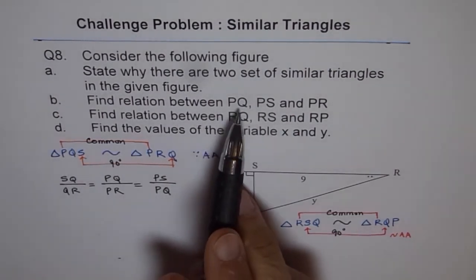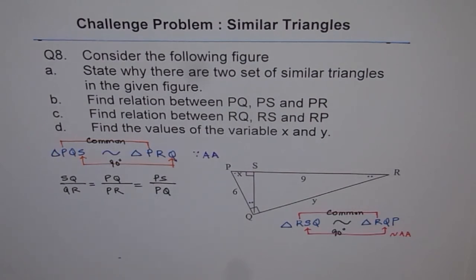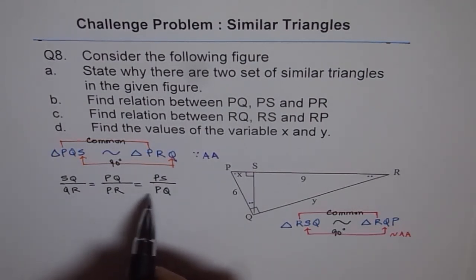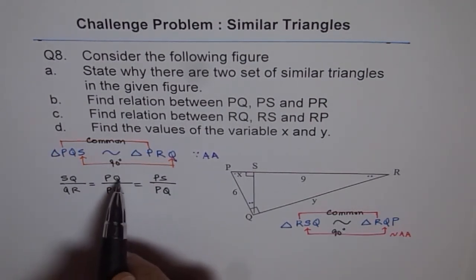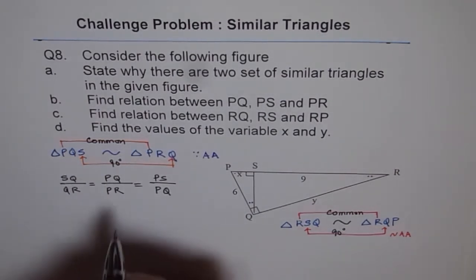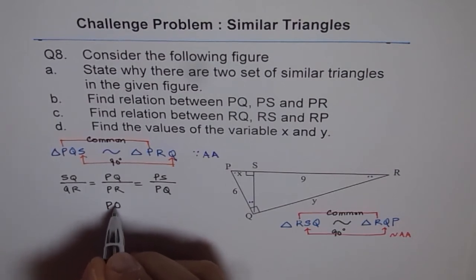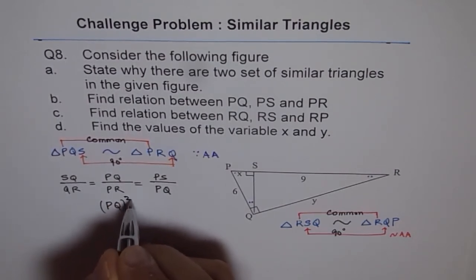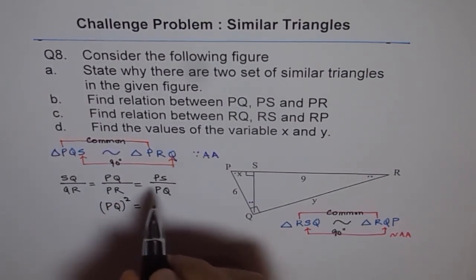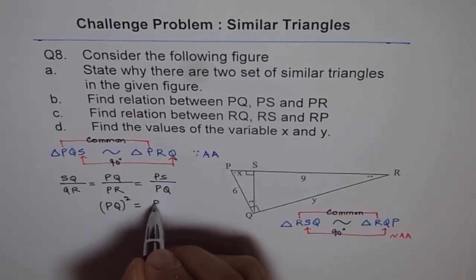Now we need to find the relation between PQ, PR, and PS. Let's consider this equation, right? Now here if you cross multiply, what do you get? PQ times PQ is PQ square. Do you see that? So we get PQ square is equal to PS times PR. Do you see that? PS